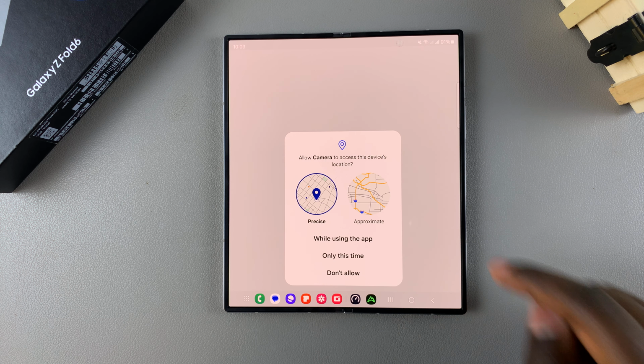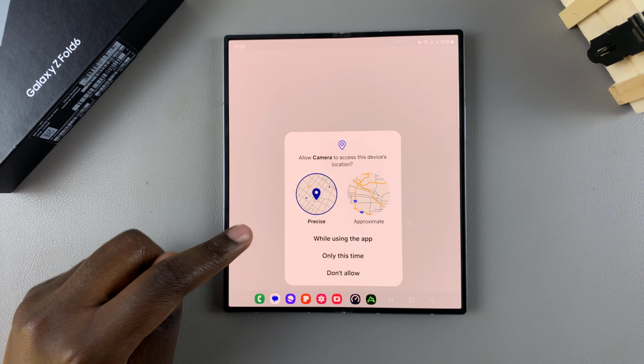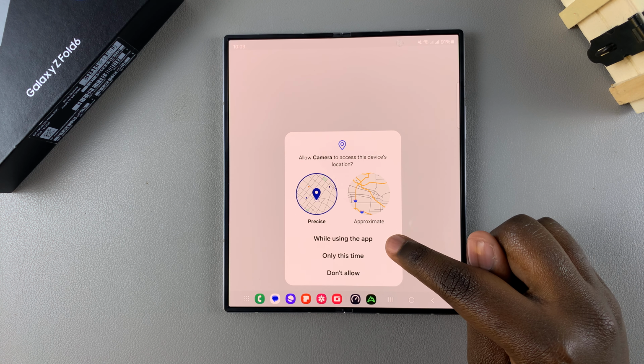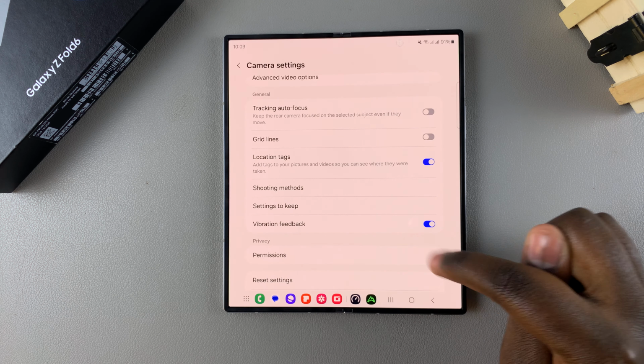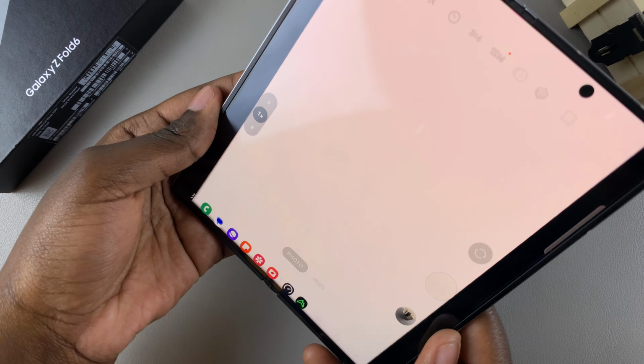So then from here, you'll need to give access to your device location. So you can choose the option precise or approximate, then choose either while using the app or only this time. So once you've done that, now when you go to take an image,